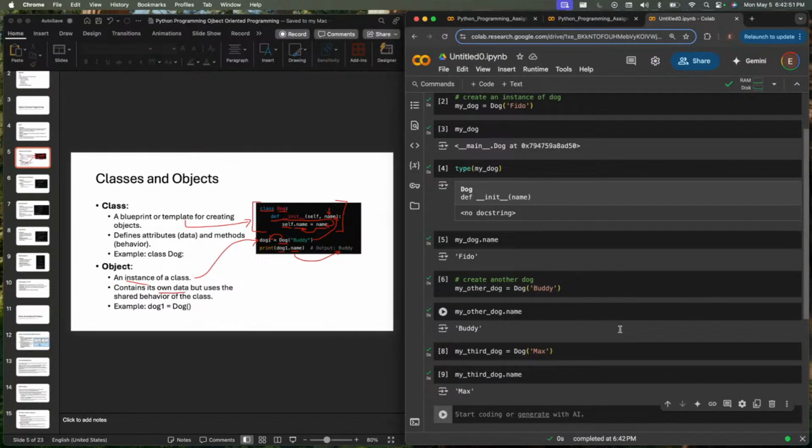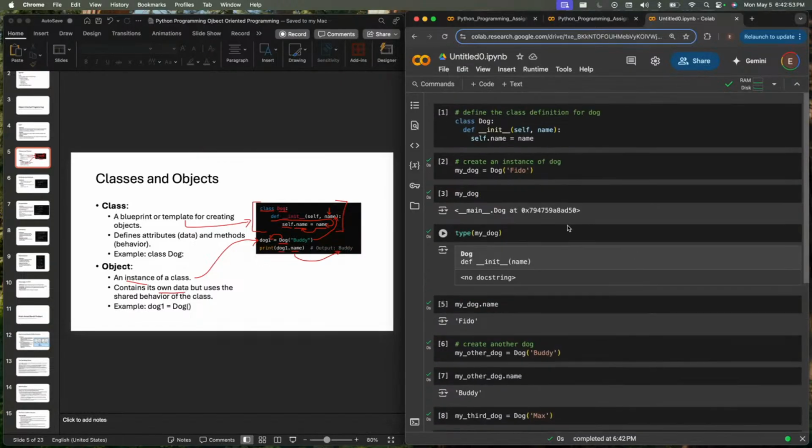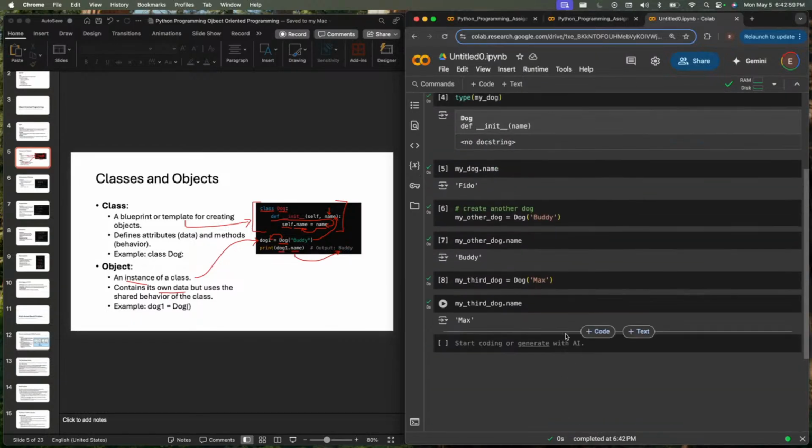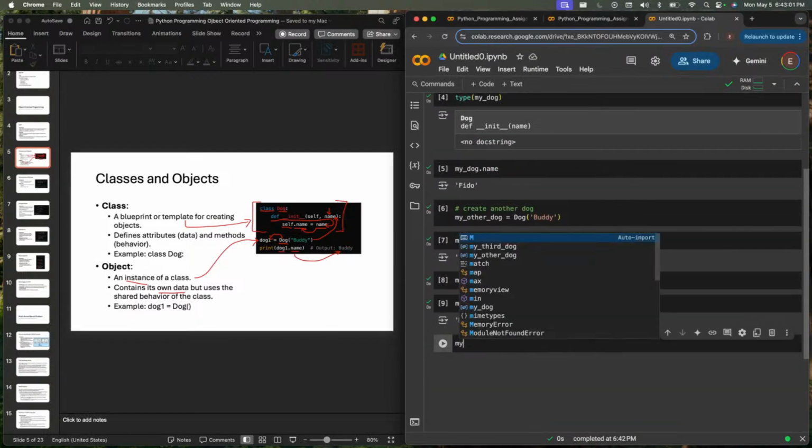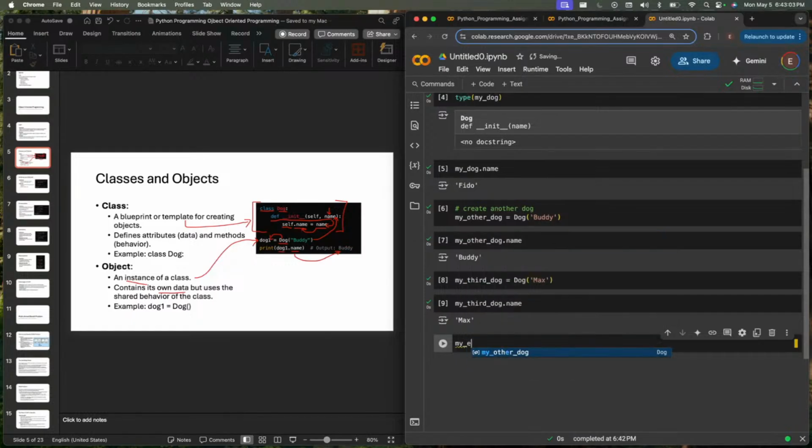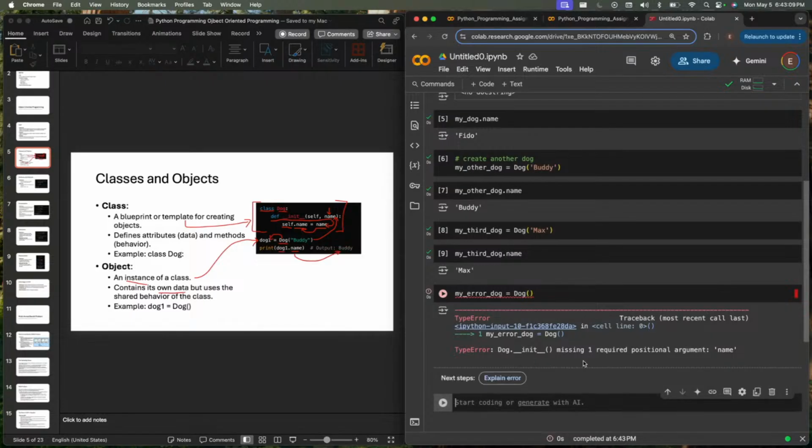Now we do have to pass name because we defined name up here as a parameter to the initialization. So if we did my_error_dog equals Dog, we get Dog.__init__ missing one required positional argument: name. Okay.